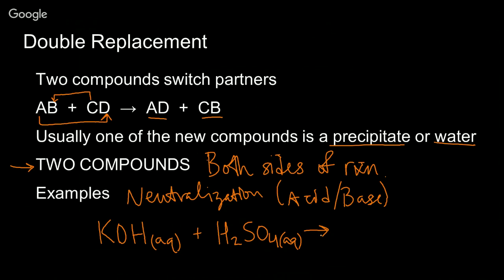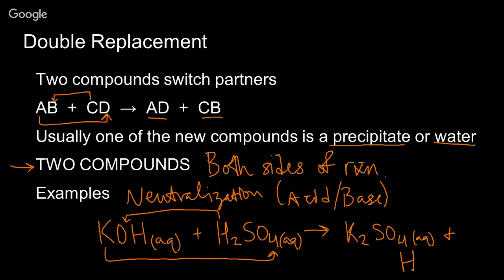And for double replacement, the K is going to be with the sulfate, and H is going to go with the OH. And of course, we have to keep in mind the charges of each component and how they balance out. And so our result is K2SO4 for potassium sulfate, which is aqueous,